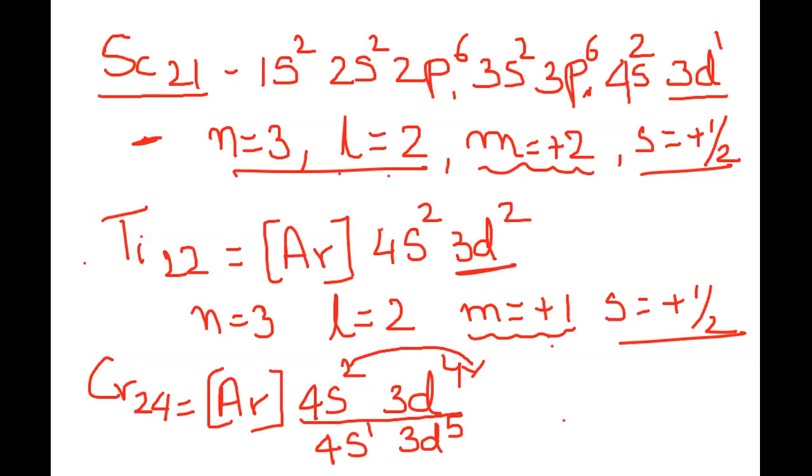Now, which one is the outermost shell? If they are asking for the valence shell, you will go with 4s1. Okay. And how many shells are being filled up? There are 2 shells which are being filled up. If chromium has to lose an electron, the electron that will be lost will be the 4s1, for bond formation or when it is showing its oxidation state. So in that case, it's going to lose the electron from 4s. All right. So this 3d5 has attained a special stability which you call the half-filled stability.